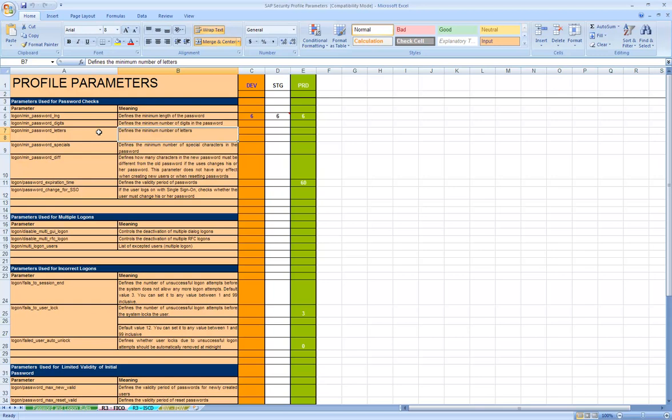So technically you could say Z12345, that could be the password. So at least one character.